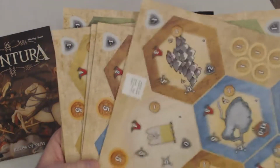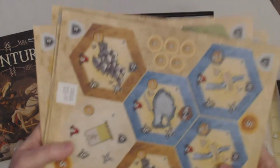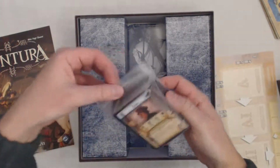And then, of course, the very important item for any kind of game collector, especially Fantasy Flight games, the proof of purchase. So there we go. Those look cool. Then we've got